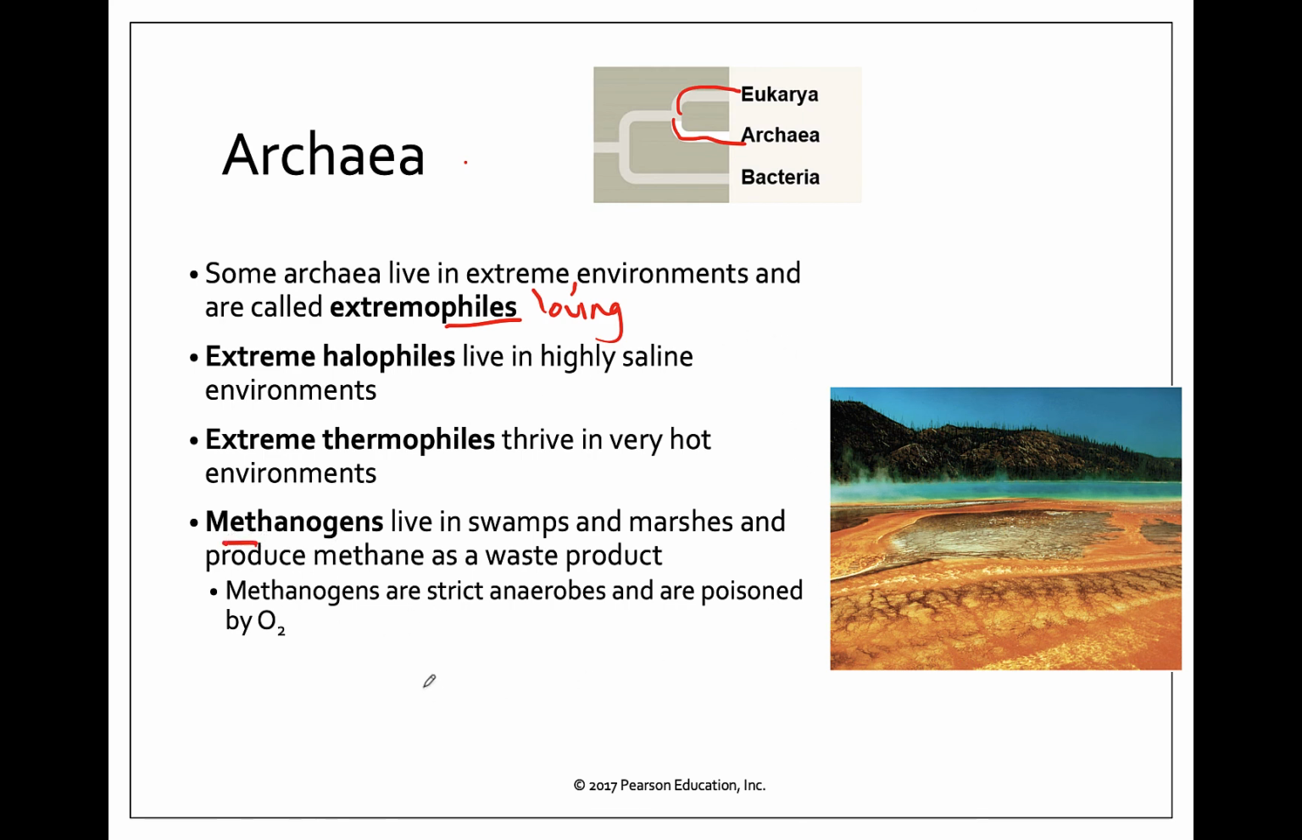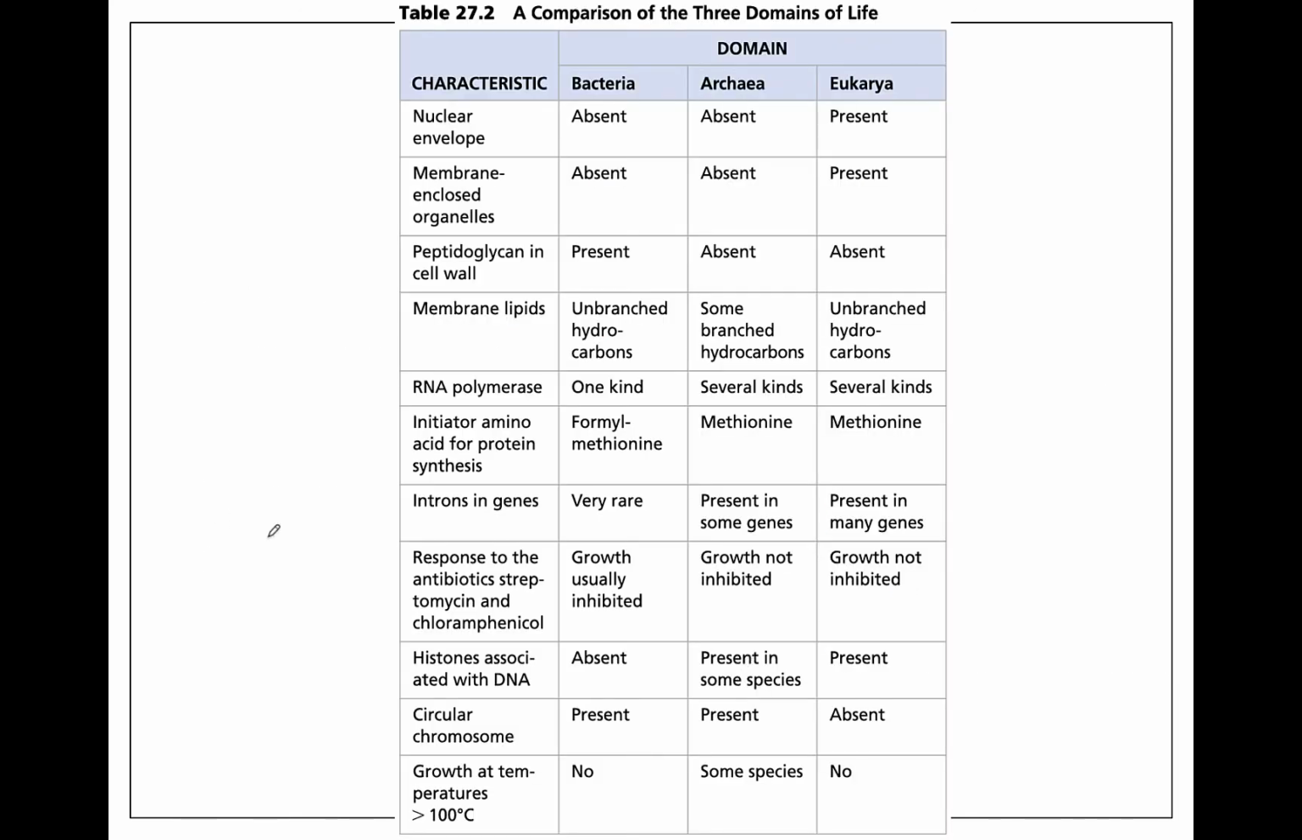Methanogens are going to live in kind of oxygen-deficient environments where these would be obligate anaerobes that are poisoned by the presence of oxygen. And then they produce methane, and that methane bubbles up as a gas out of these swamps. You don't need to memorize this table, but I think it shows some of the similarities between Archaea and